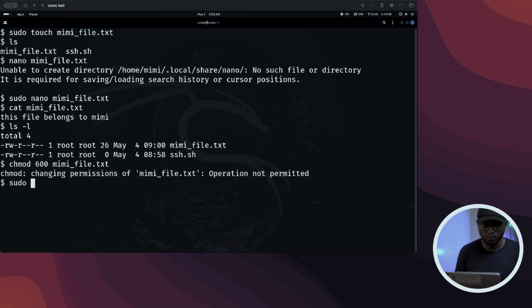So we're going to sudo chmod 600 mimi_file.txt. The 600 here signifies that only the user has write privileges, write permissions over this file. So now what we want to do is set the file access control list